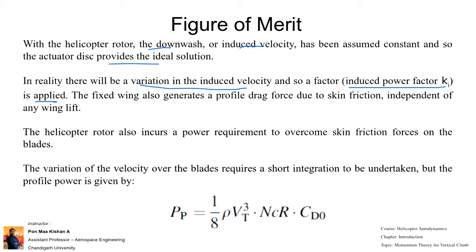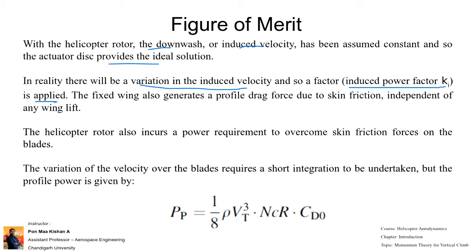Similarly, when there is an induced velocity, the downwash effect will be below the rotor. What will happen if the rotor has a downwash after that, due to the structure of the helicopter fuselage? It may hit the rotor surface again. If the rotor is rotating and the flow from the upper surface is induced towards the downward side, due to the fuselage structure it may get deflected back to the rotor blade.